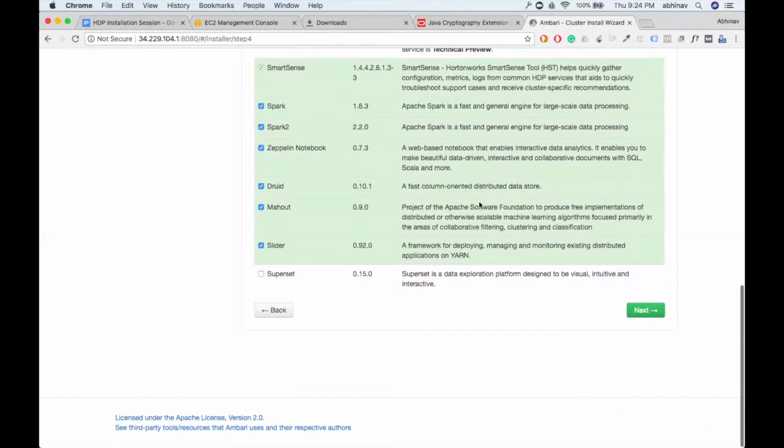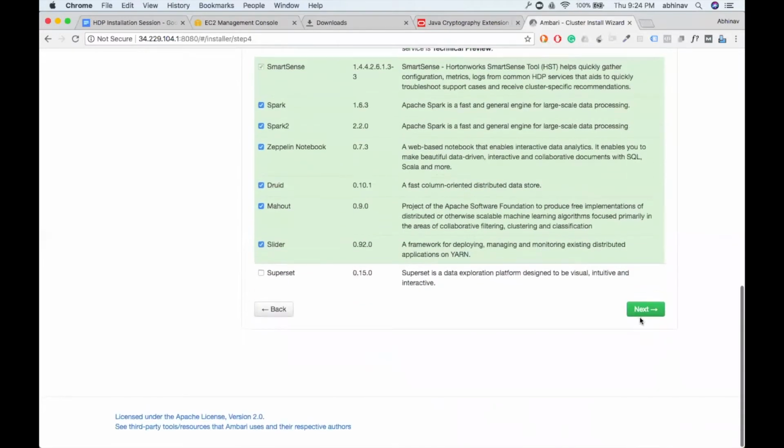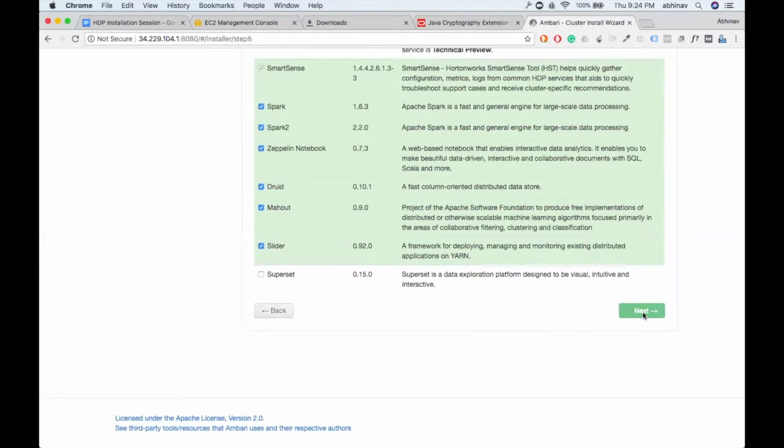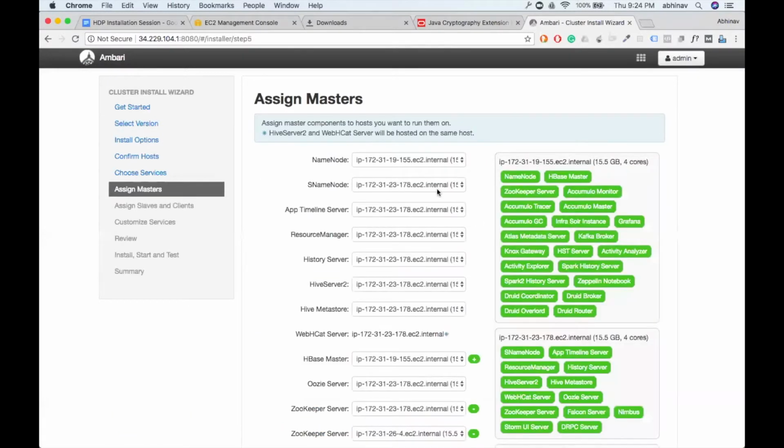So this is what we are going to go with next. All right, let's go ahead. We have Knox, Kafka, Atlas, Ambari Infra, Metrics, and things like that, Flume and other components. So now is the judgment time. Here we have three machines on which